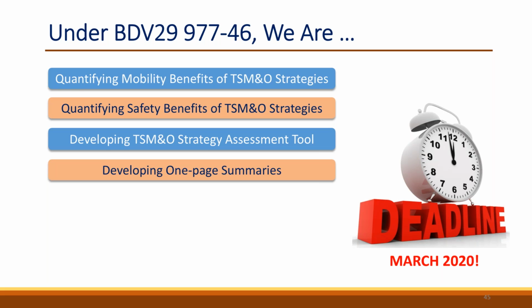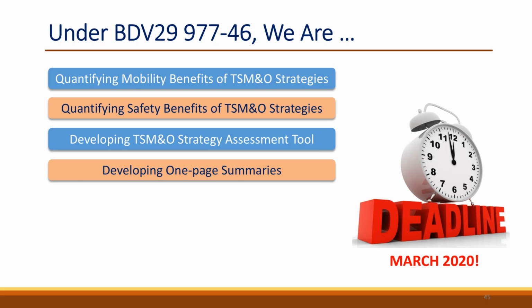And we are also developing a TSMO strategy assessment tool to help the agencies select one strategy over the other, or to estimate the potential benefits of deploying a particular strategy. We may not go all the way to calculate the benefit cost for a strategy, because it all depends on the corridor and the study location, but we will develop a tool, mostly Excel based, which will provide information about what could be the potential benefits if this strategy is deployed at a particular location.